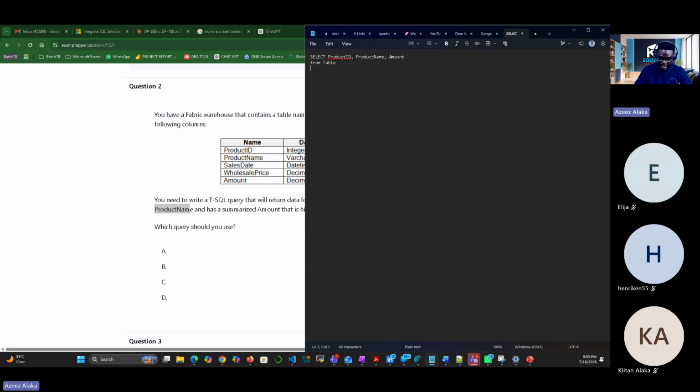Now you need to group by the product name. Here you put SUM. This is sum of amount. You can call it amount. This is just T-SQL. This is just an alias, amount. And here, group by product name, comma, product ID. This is the answer.